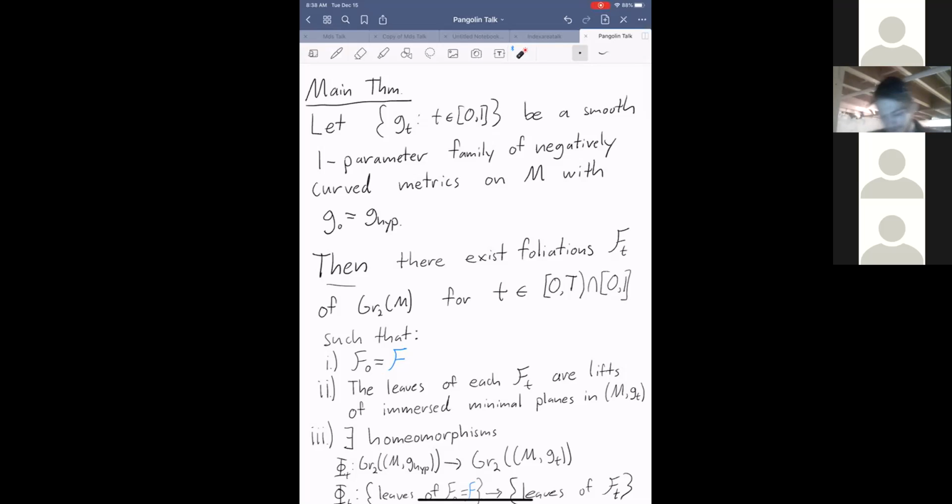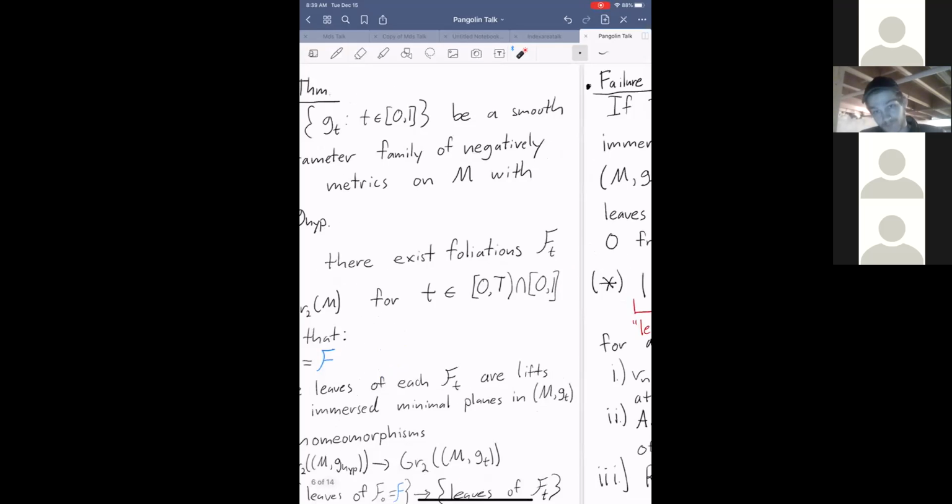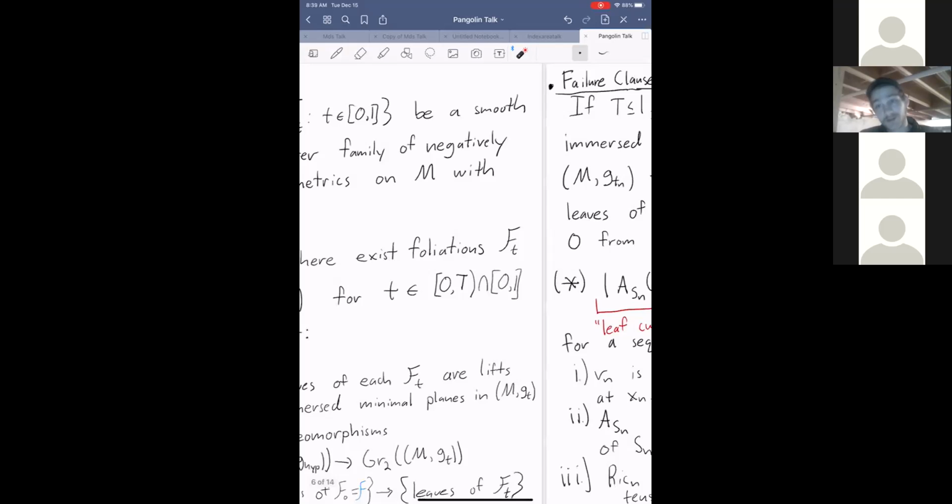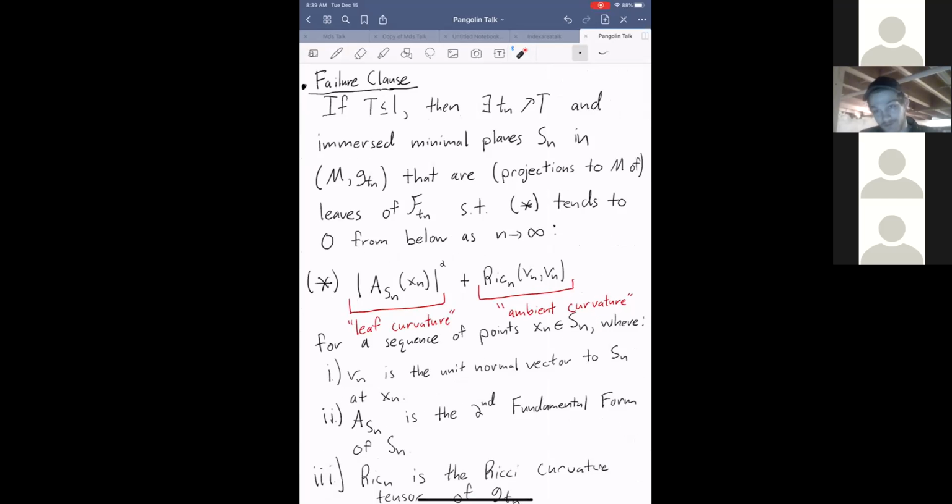The big question is what happens when you can't construct these foliations. There's this big T here, and if big T is bigger than 1, then you can do it on the whole interval. But if T is less than or equal to 1, then something bad happens. The failure clause for this theorem is the following. If big T is less than or equal to 1 and we can't construct the foliations on the whole time interval, then what has to be happening is there are times T sub n going to big T,